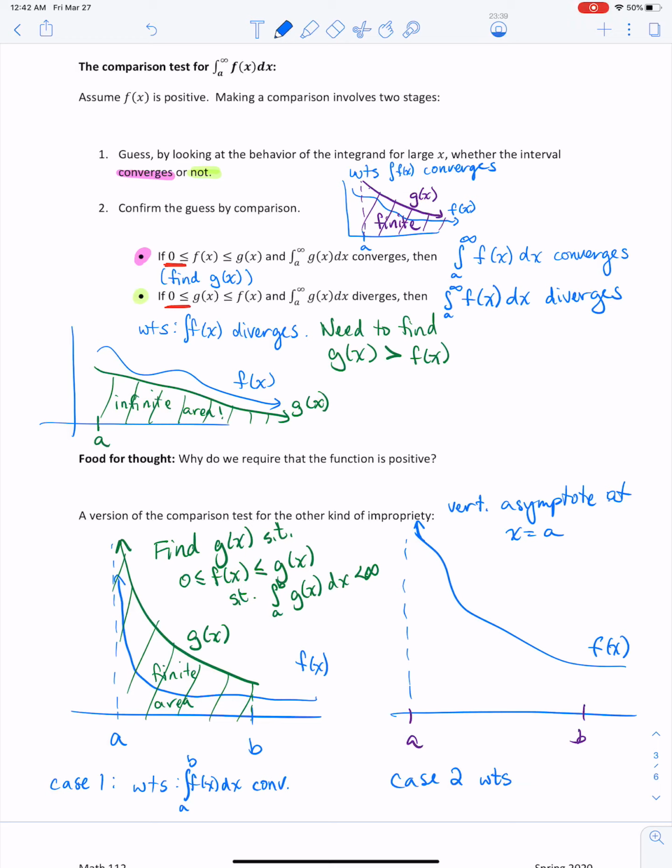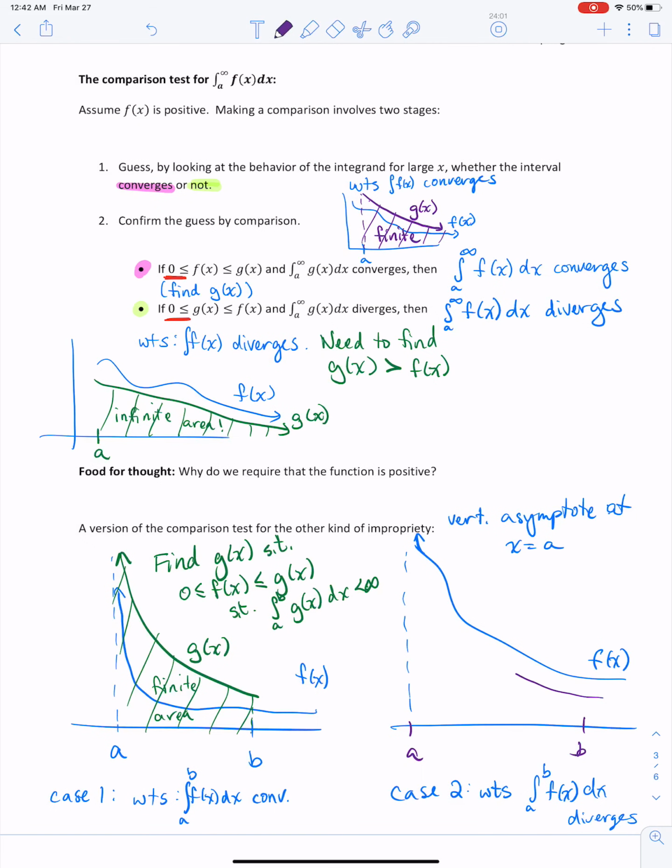If you wish to show that the integral from a to b of f of x dx diverges, so in other words, there's infinite amount of area, then what you need to find is a g of x, a positive g of x, that's less than or equal to f of x everywhere on the interval we care about,